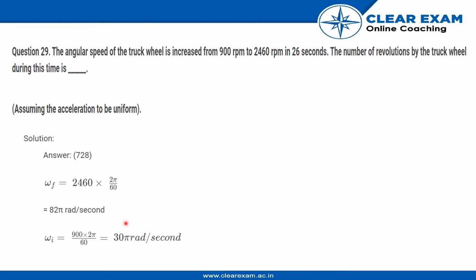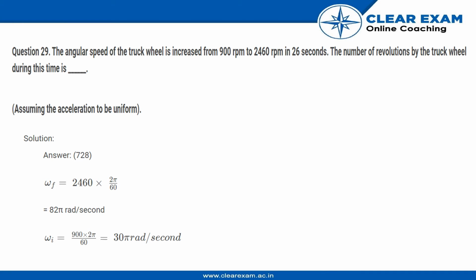Which becomes 82 pi radians per second. So we have the angular speed in terms of radians per second, and the initial similarly will become 30 pi radians per second. Now we have the omega final and the omega initial, and we know the first law or the equation for relating the final and the initial velocities for a simple motion,